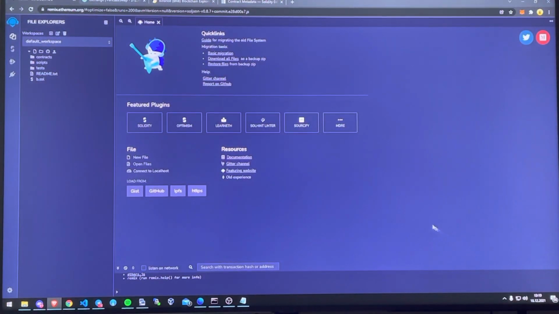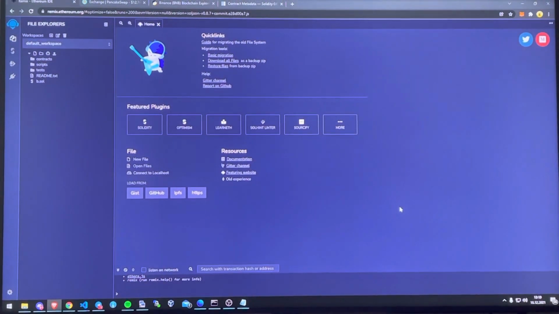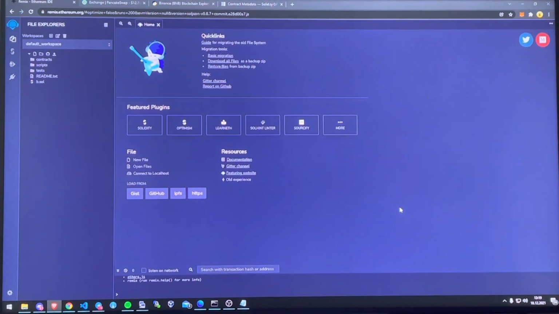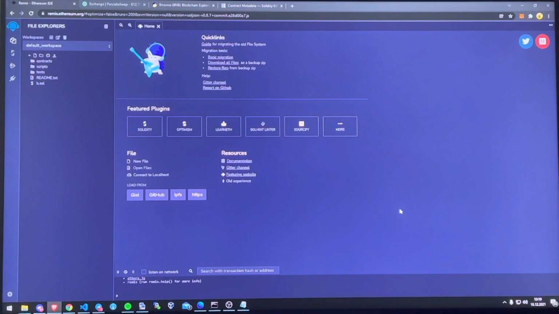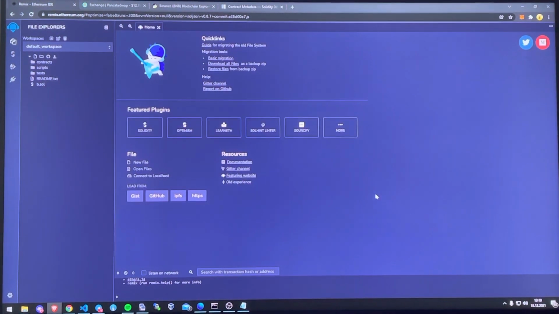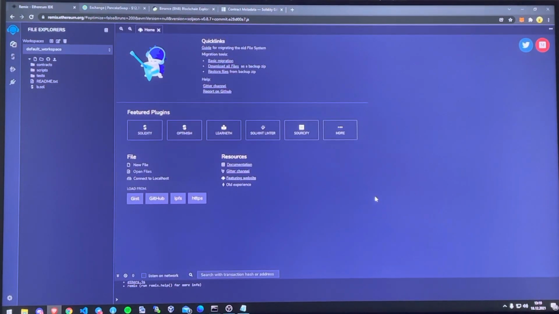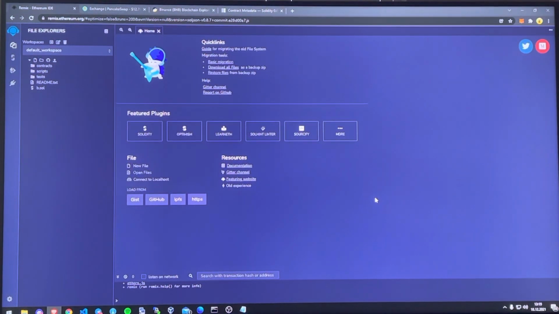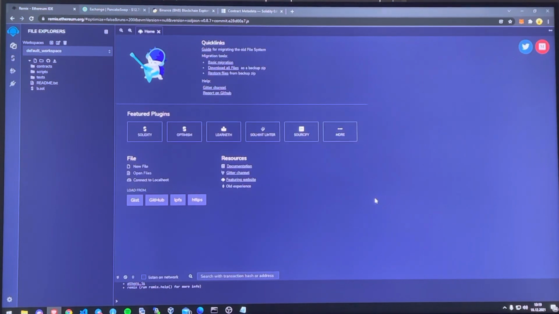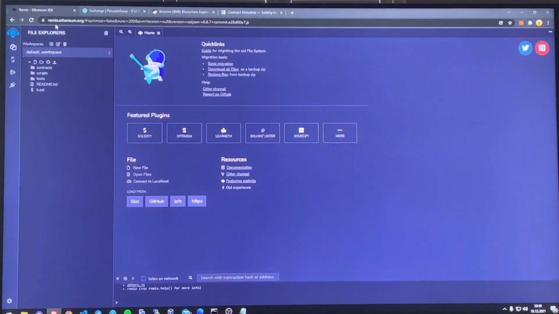Today I'm going to be going over deploying a front-running bot on PancakeSwap with a wrapped BNB pair. If you just follow the description of the video as far as downloading Metamask and also funding it, make sure that it's connected to the Binance Smart Chain and that it's about halfway there. Then you just follow over to Remix, which is the window I'm started on right now,